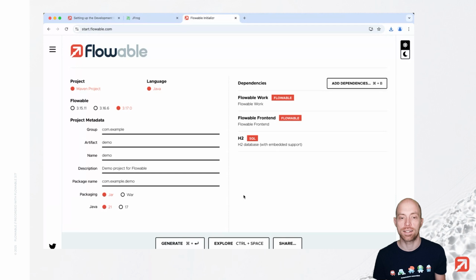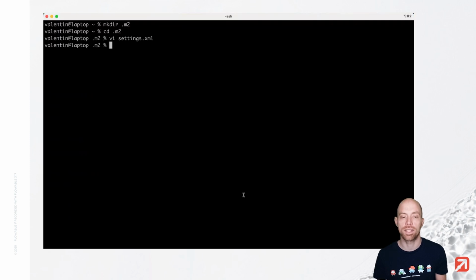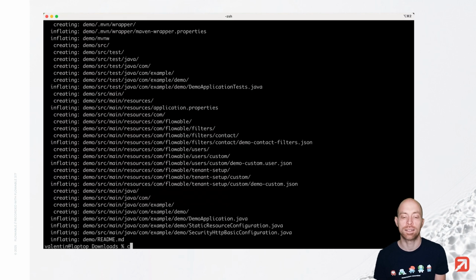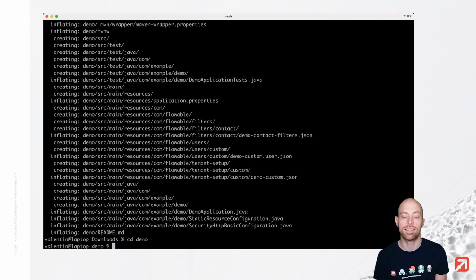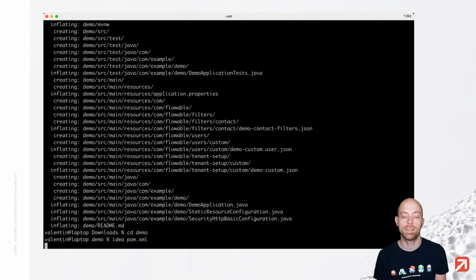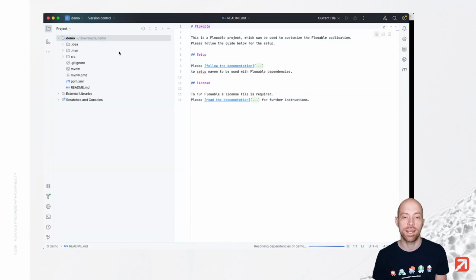Now that file is in the downloads folder, so let's quickly navigate to our downloads folder. In there, we now have that zip file. So I'm going to unzip that and then go into that directory and say in here that I would like to open it. And with that, we have this, and it is already working on importing all the different